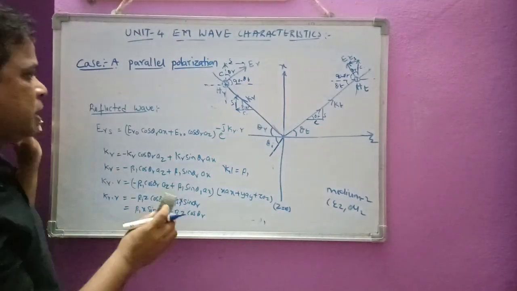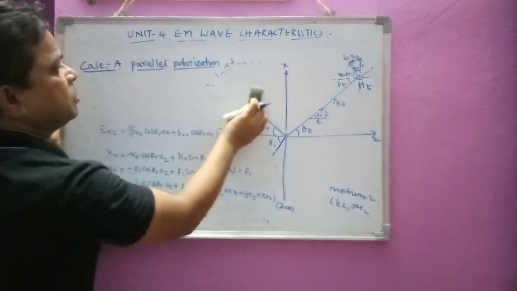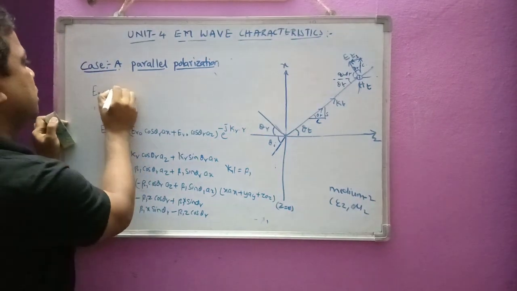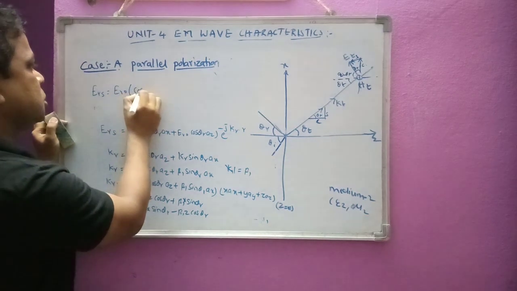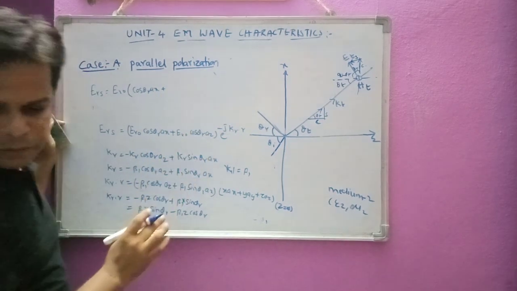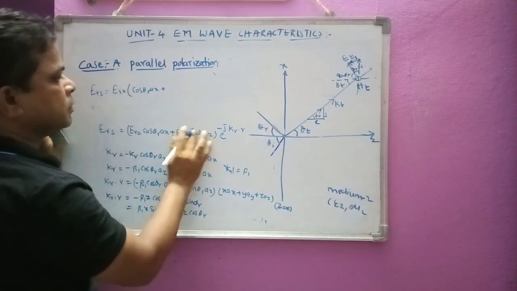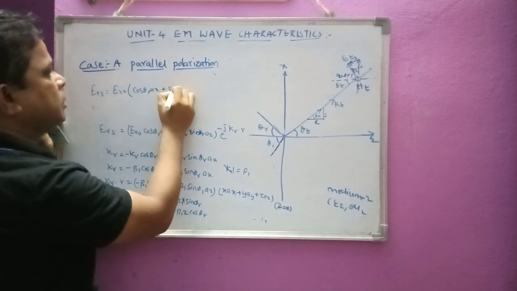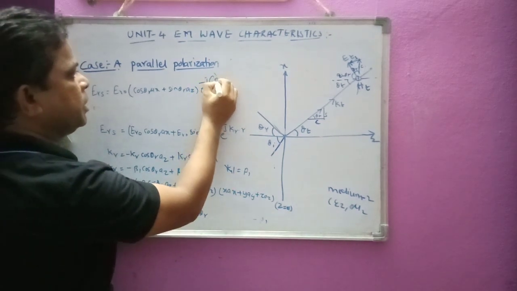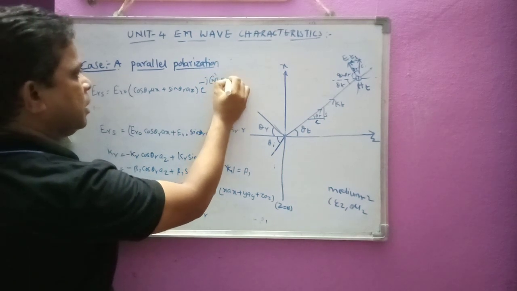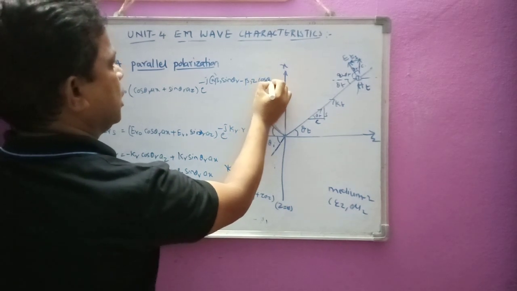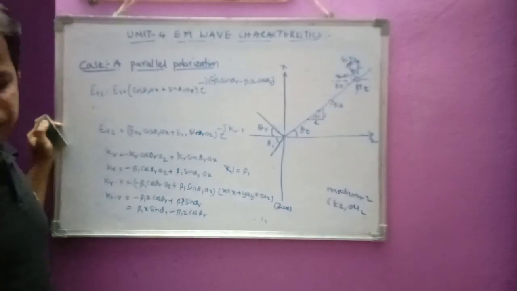Now I can write the final equation for the reflected wave. E_Rs is equal to E_R0, I can write the common term, cos θ_r a_x plus, sorry, it is sin θ_r a_z, times e^(-j k_r · r), which we got as e^(-jβ1 x sin θ_r minus β1 z cos θ_r). So this is the final equation we got for this one.